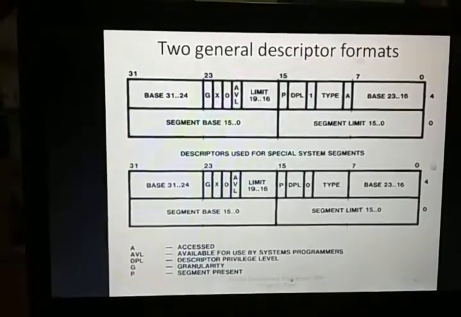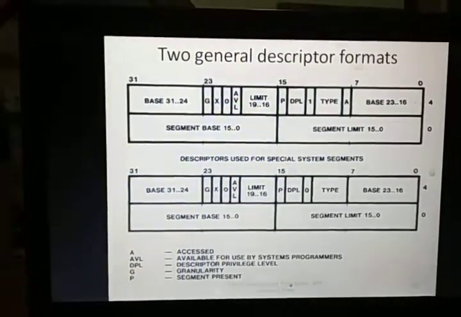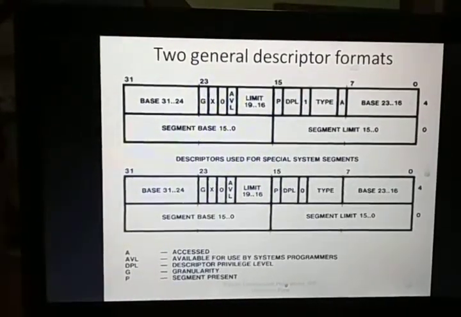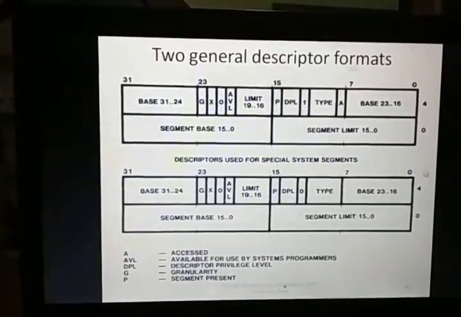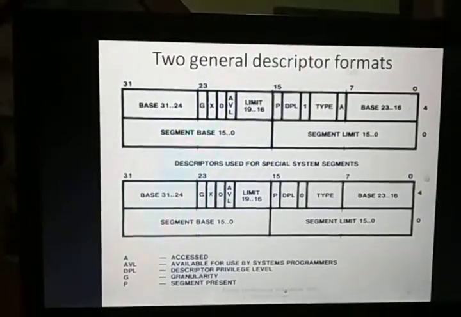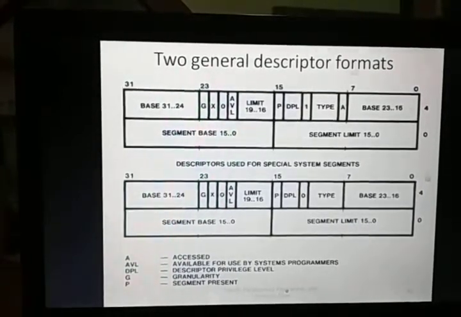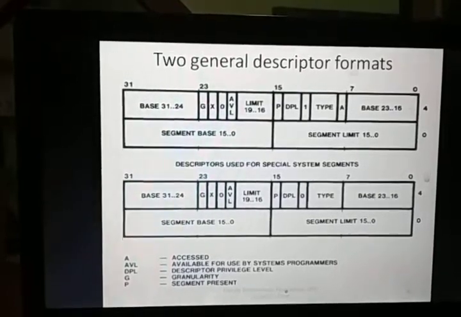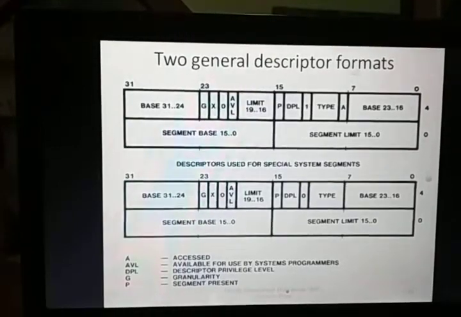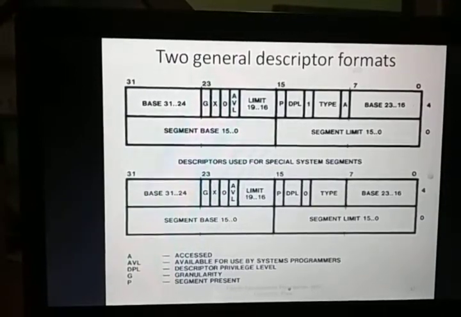We will discuss this again, because in every chapter you will revise the segment descriptor fields, in the form of the code segment, data segment, and system segment. So this is the general format. What we have discussed: the base field provides the base address; the A field is used for access purposes; the type field defines the different types of segments; one bit is reserved; the DPL is used for privilege checking; the P bit defines whether the segment is present or not; the limit field defines the size of your segment.